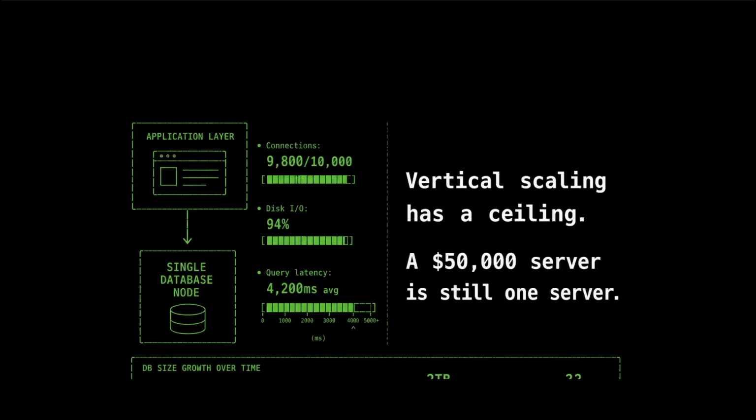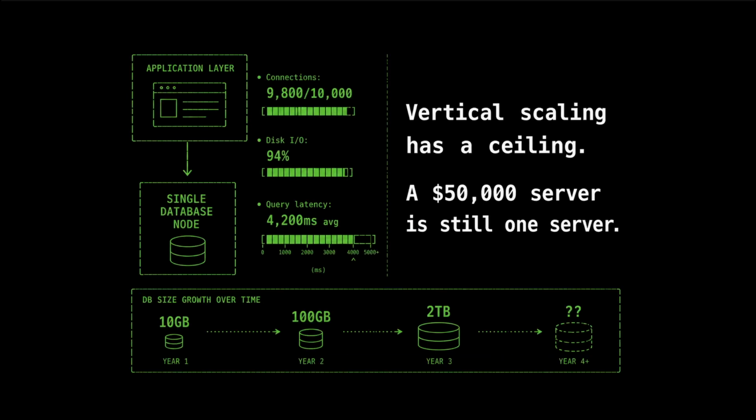Let's start with what actually breaks. You've got a single Postgres or MySQL node. As traffic grows, you hit three limits: connection pool exhaustion, IO throughput ceiling, and lock contention on write-heavy tables. The typical first move is vertical scaling, obviously. We try to get a bigger machine, more RAM, faster drives. That buys you time, but it doesn't solve the architectural problem. At some point, one machine cannot physically handle your write throughput, and that's the forcing function for